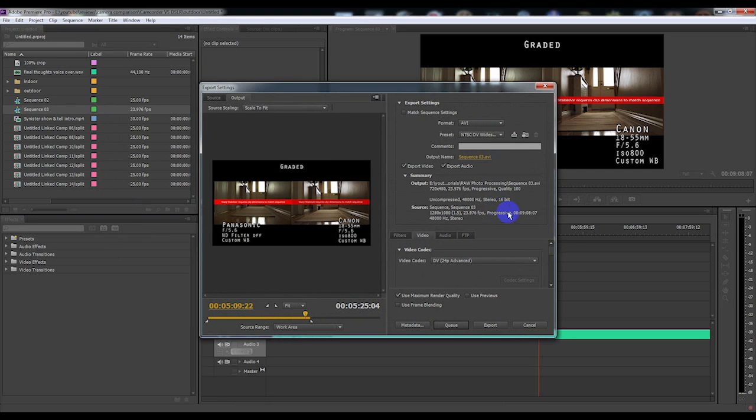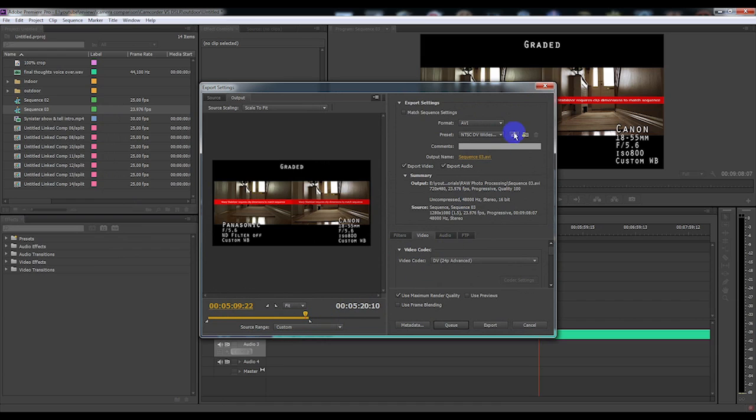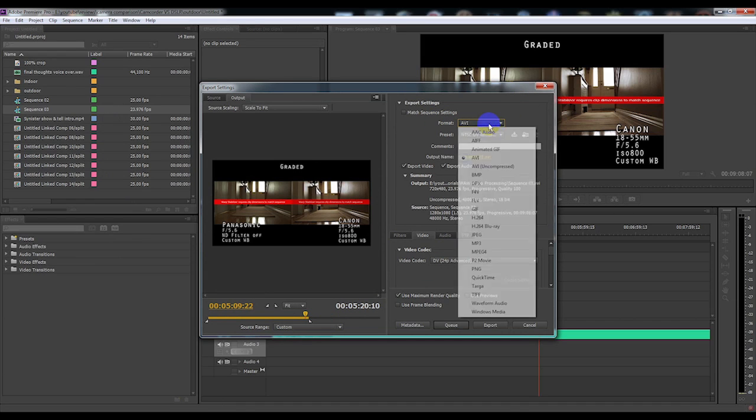Now, as you can see here, this is showing the area which you've selected to render. You can alter it using this here, but I'm not going to bother. Right, and you want to change your format, and right now I'm just showing you the best render settings that I find for general use. Basically, you want to go to QuickTime,